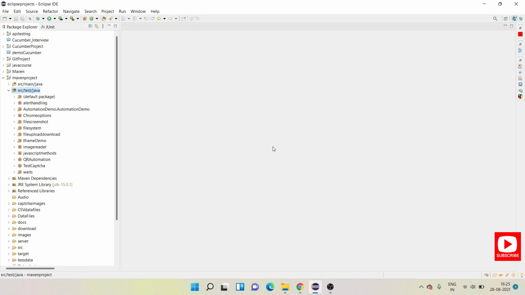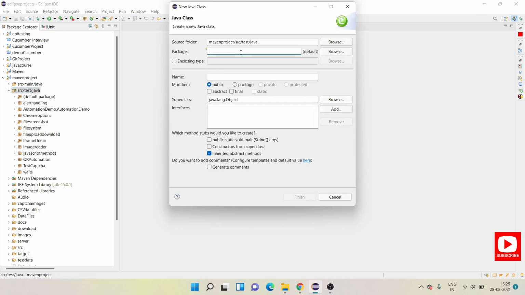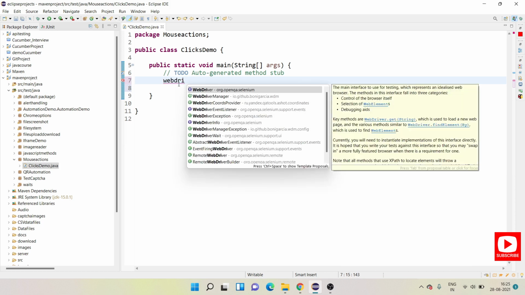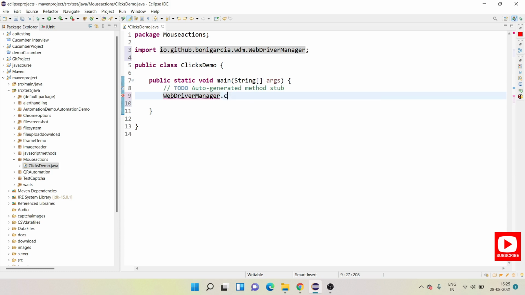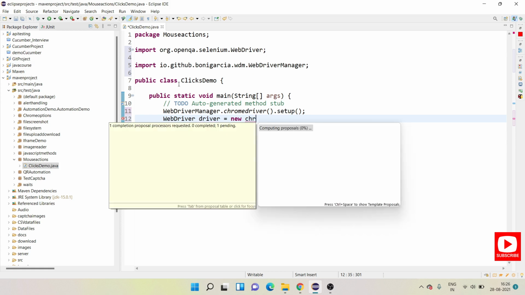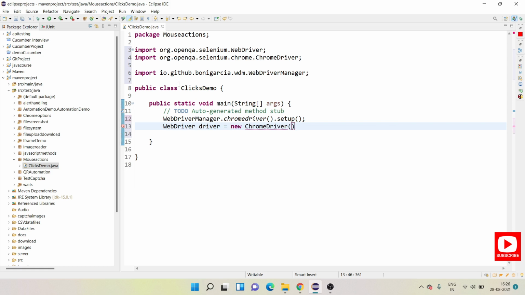Let me open my Eclipse IDE. I'll create a new class. Let me quickly define the WebDriver instance. I'm using WebDriverManager here: WebDriverManager chromedriver setup. Then the WebDriver instance again, a ChromeDriver. And using this driver, I will quickly launch